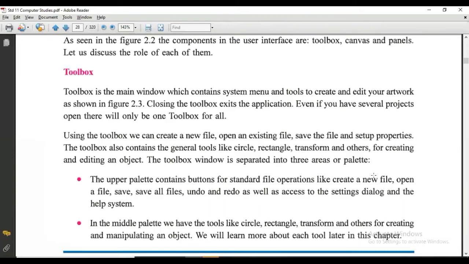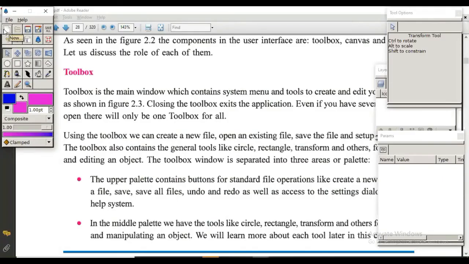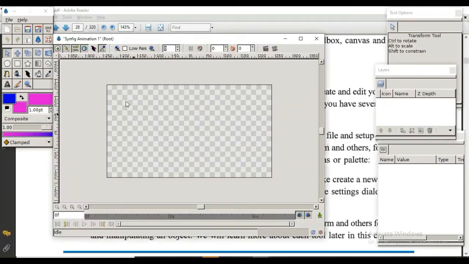Now there are explanations about different tools. When you keep your mouse somewhere, it will give you the name of that tool. This is for creating a new file, when you want to close the old existing file and open a new file. And this is to open an existing file.